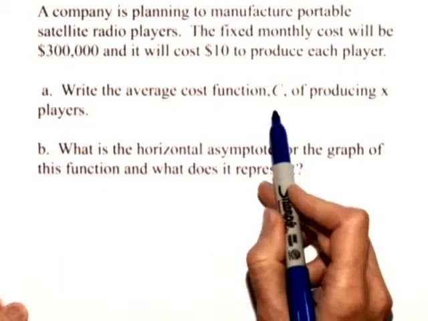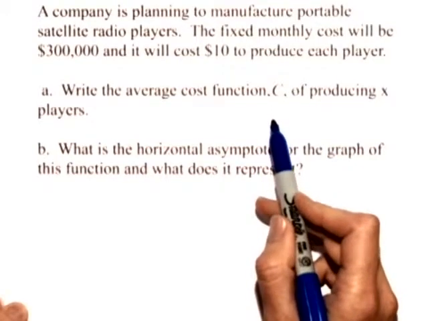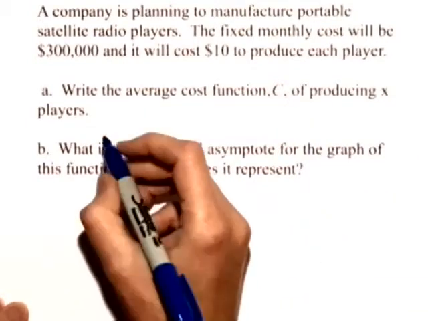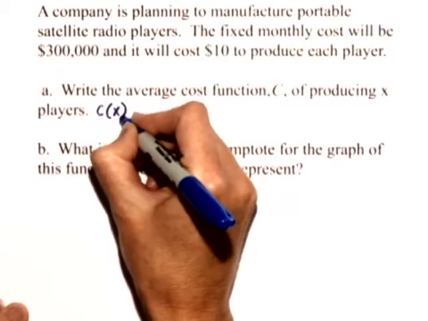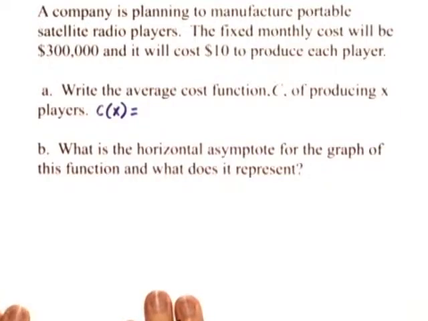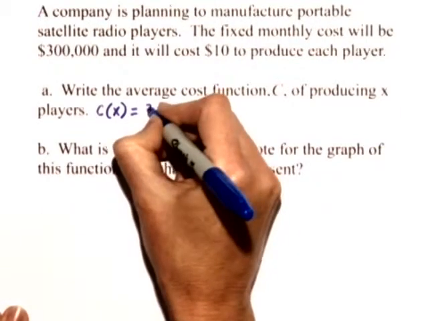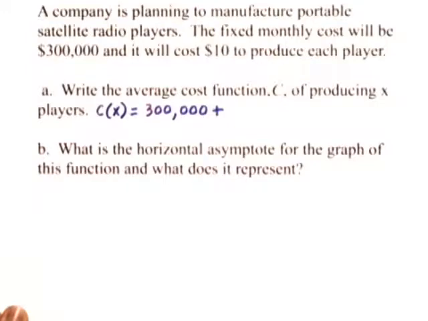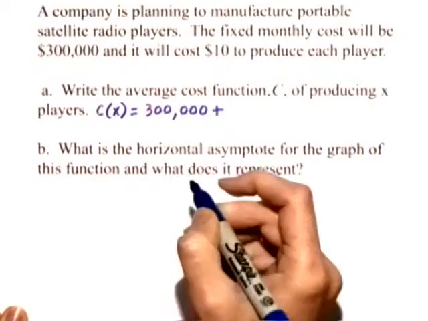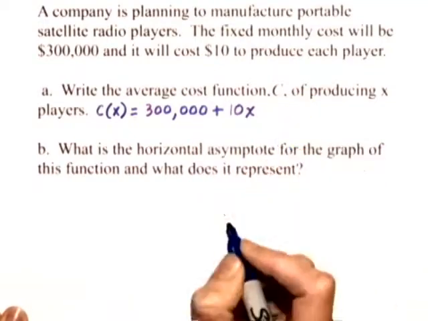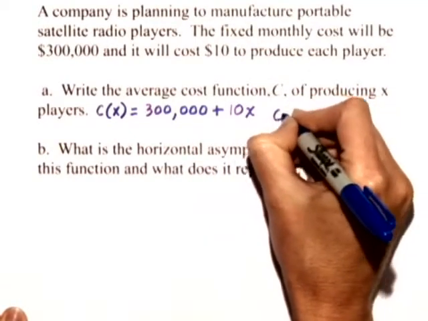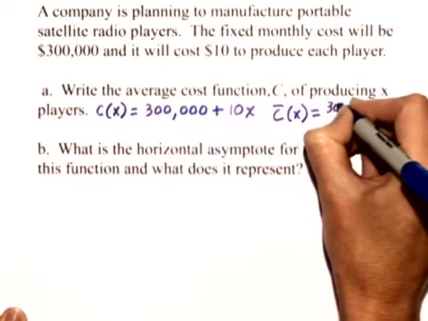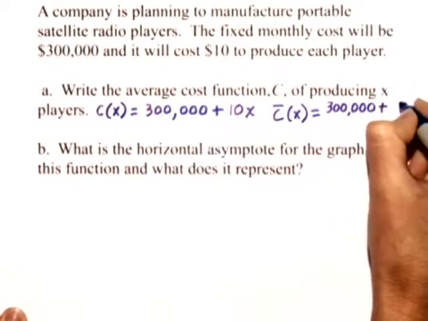Well, the average cost function, C bar, can be found by finding the cost function first and then dividing it by X, the number being produced. So let's first start with the cost function C of X. Well, the cost function is made up of a fixed cost, which is $300,000 monthly, plus a variable cost, which in this case is $10 for each player produced. So we can write that as 10 times X. Now, the average cost function, C bar of X, will just be equal to the cost function, 300,000 plus 10X,